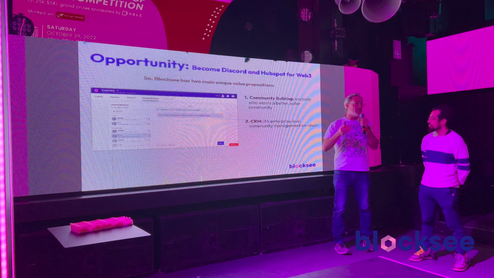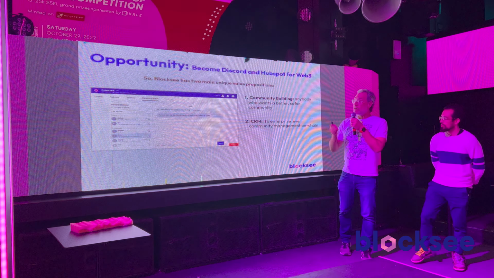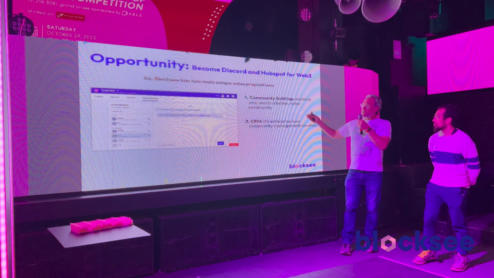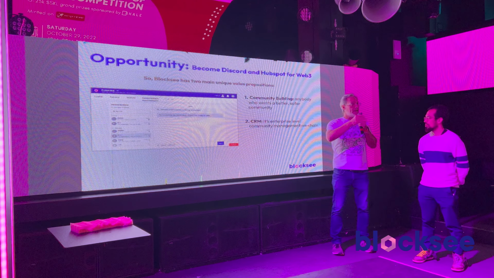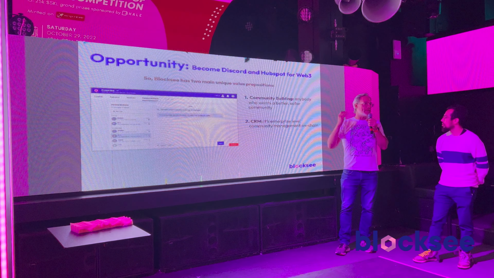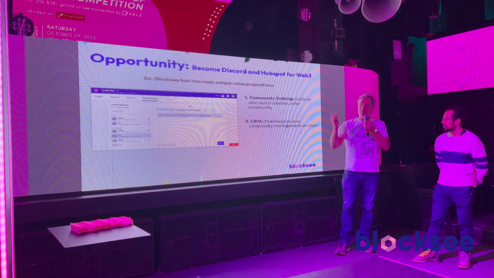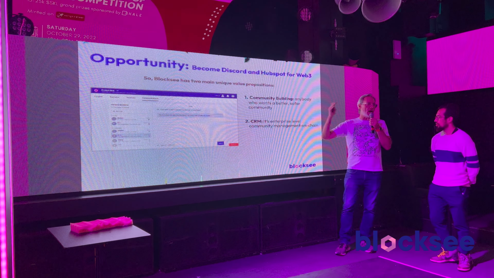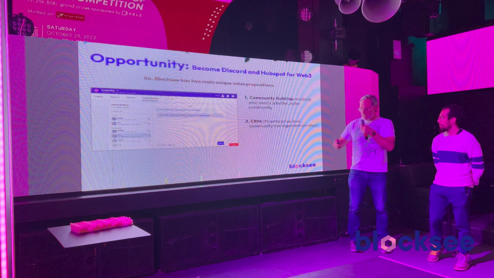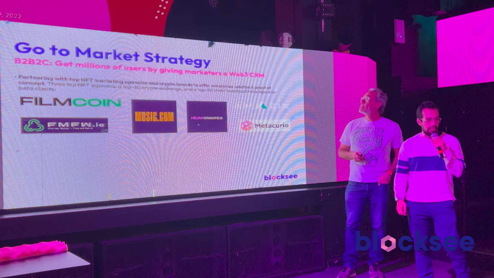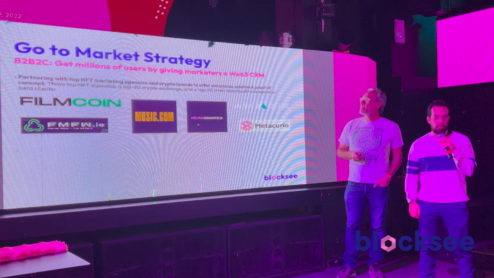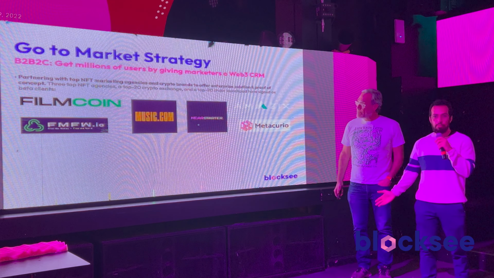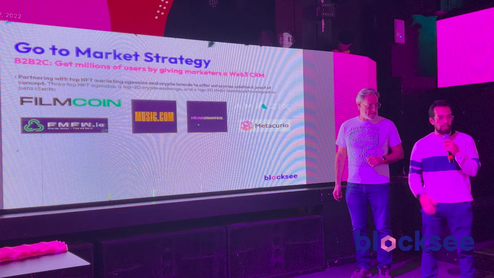So the opportunity here, if you're an investor or a marketer who wants to try our live beta, is one, community building. This is the Blocksee chat. You can invite users into our chat because right now Discord is full of scams, spammers, all kinds of security flaws and hacks. People are losing their data. You also have a very unique opportunity to use one of the very first enterprise-level on-chain CRMs in the world with Blocksee. Our go-to-market strategy is a B2B to C model. And we've been working on our beta to onboard enterprise-level clients here that offer an addressable wallet market of over 1 million users that we hope to start converting to our Blocksee chat during this beta process.